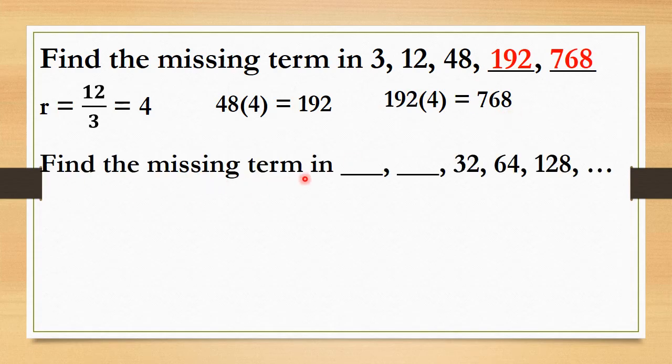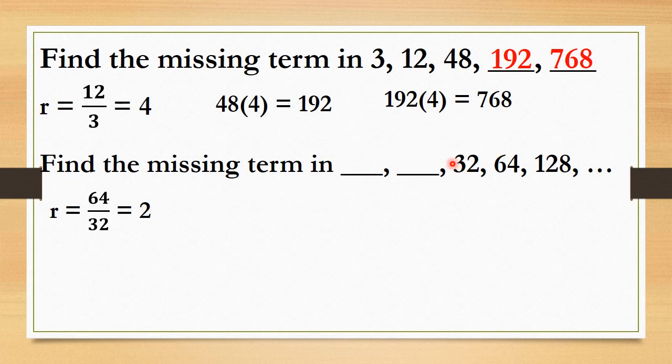Find the missing term in, so dito naman, meron tayong missing term sa left ng ating term. So, we have 32, 64, 128. So, let us divide 64 by the preceding term, 32. So, our common ratio is 2. So, to find the missing term to the left, we have to divide the term by the common ratio kasi